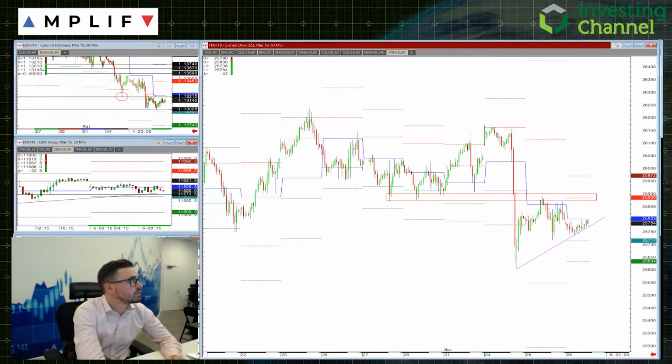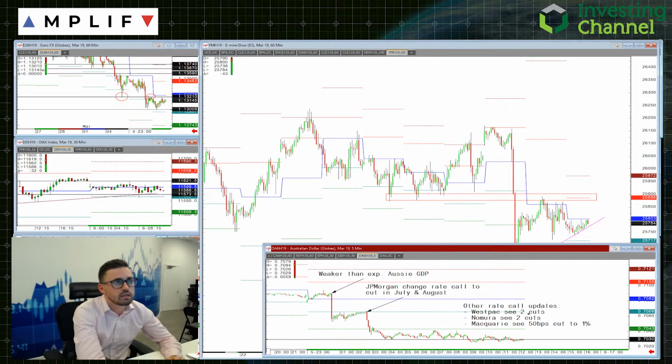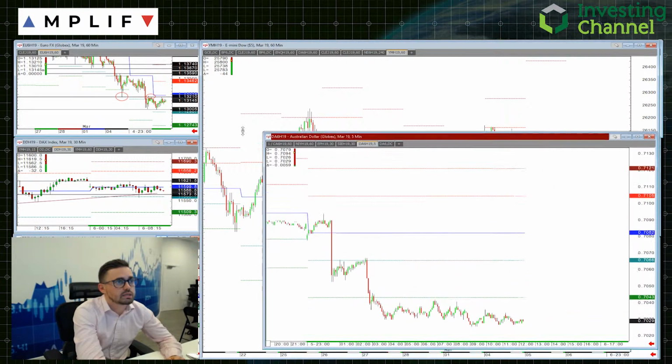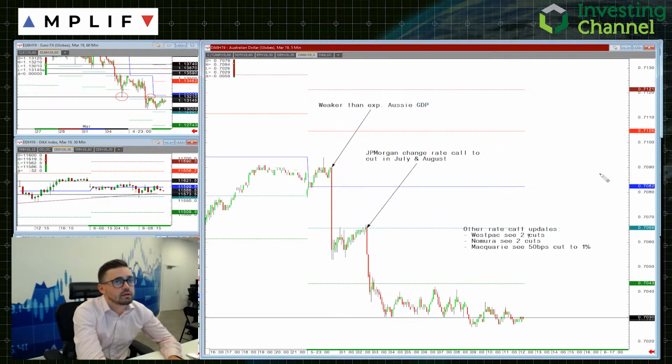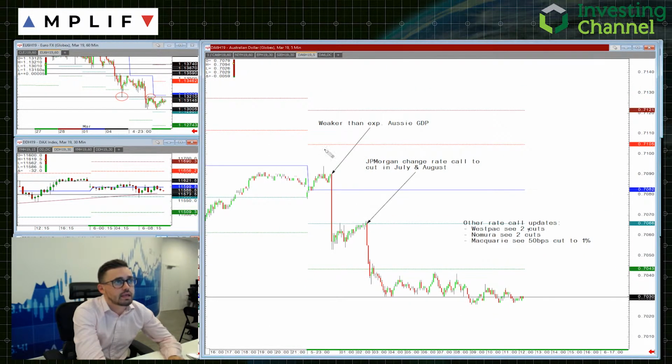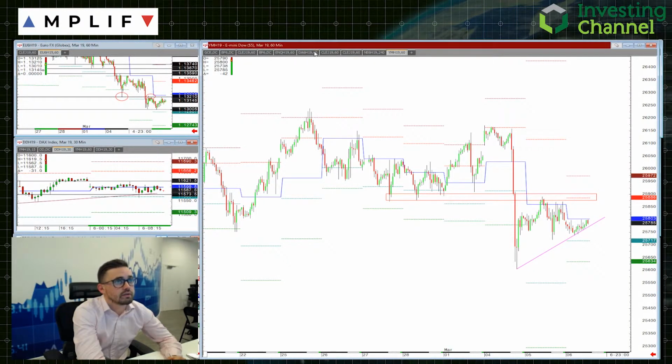Also overnight, worth just sort of bringing in this chart here regarding the Australian dollar, obviously the weaker than expected GDP, and followed that down move that you can see here. JP Morgan changed rate call to a cut in July, and seeing a couple of cuts over the coming months, and that has weighed on the Aussie dollar,